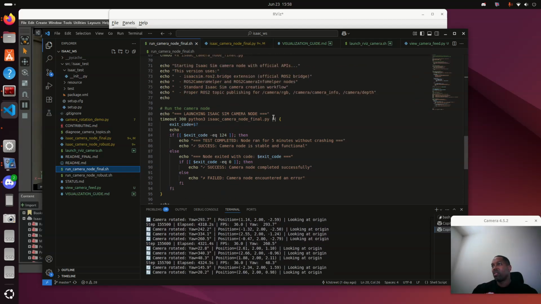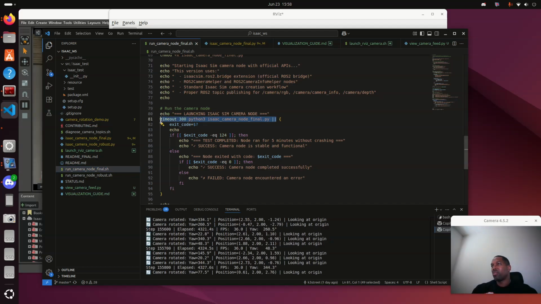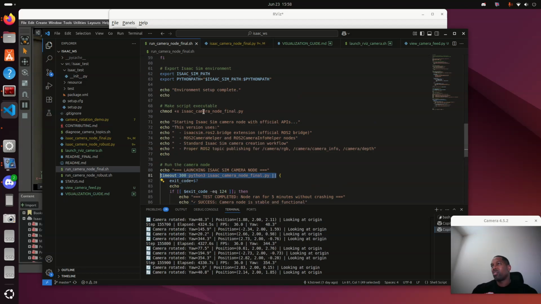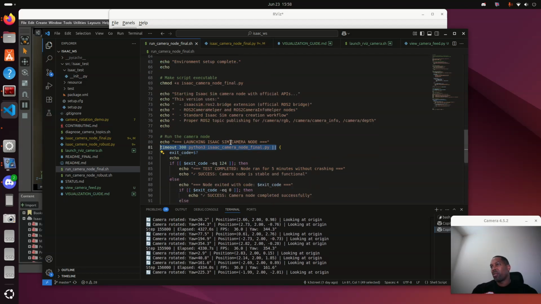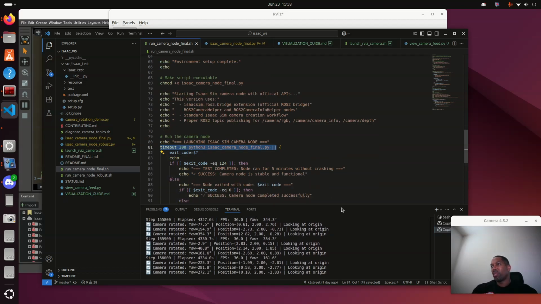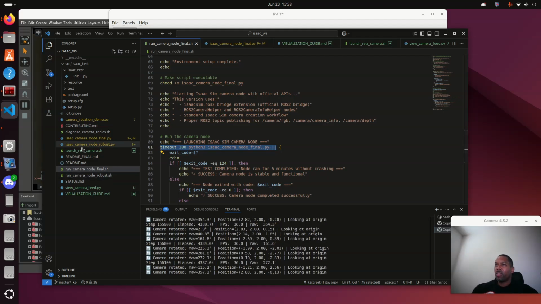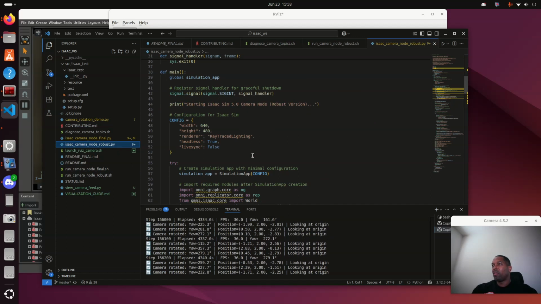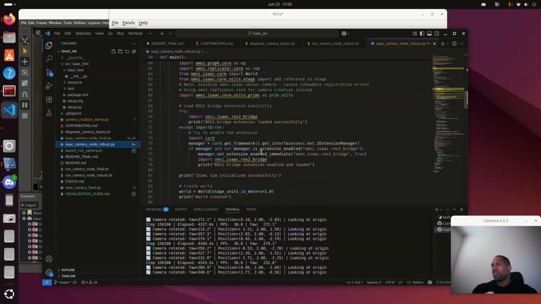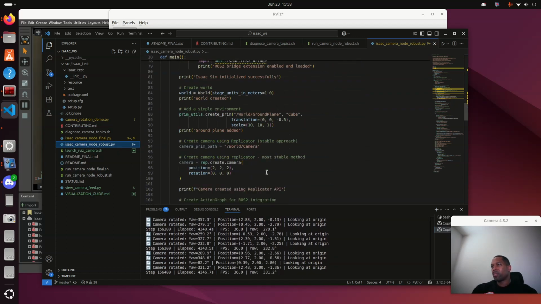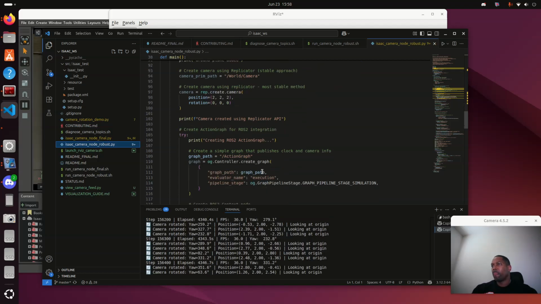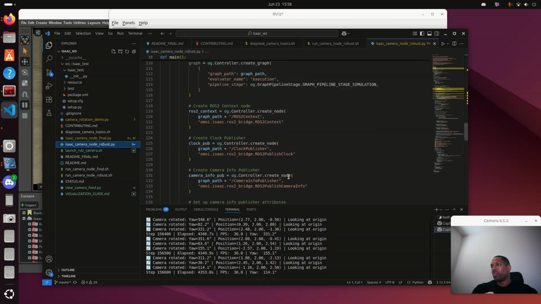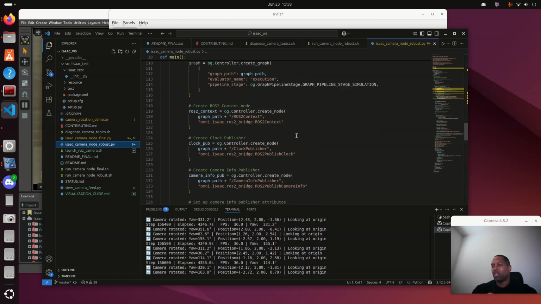It's just running the camera node for a given amount of time, and so you can use this script, or if you just want to run the camera node, you just run python3 camera node and you're set. And then in this one, it's operating the camera and the ROS bridge and setting up the action graph. So you're able to, and then also publishing